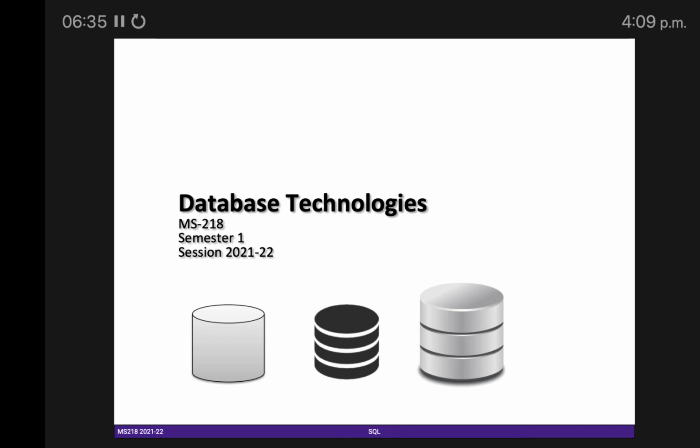Yes, it will be recorded, but it would be good if you can attend the tutorial online, so that if you have any query you can ask questions. So on this Friday we would have one online tutorial from 2 p.m. to 3 p.m. on SQL, so that you can get more exposure to different queries, and if you have any question you can ask the TSS directly.